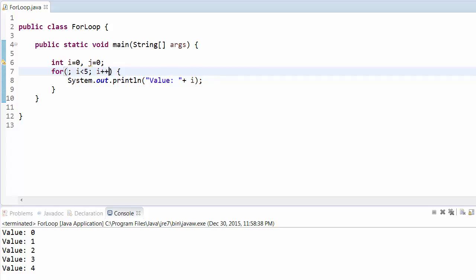And we can have multiple statements here, multiple expressions here, separated by a comma. Same as the initialization, where we separate by comma, here also we can have multiple expressions separated by a comma. So this is a valid case,